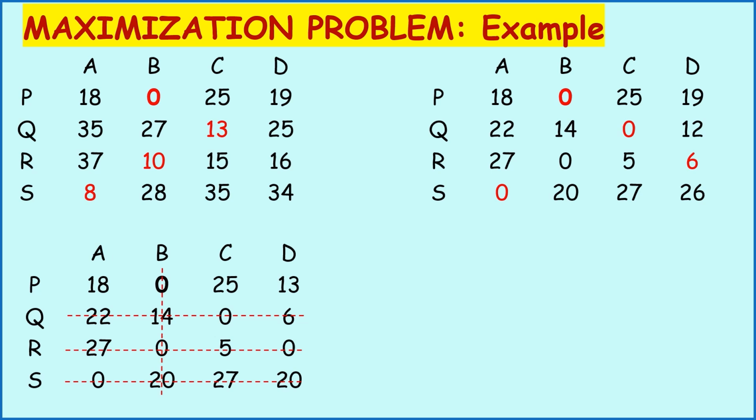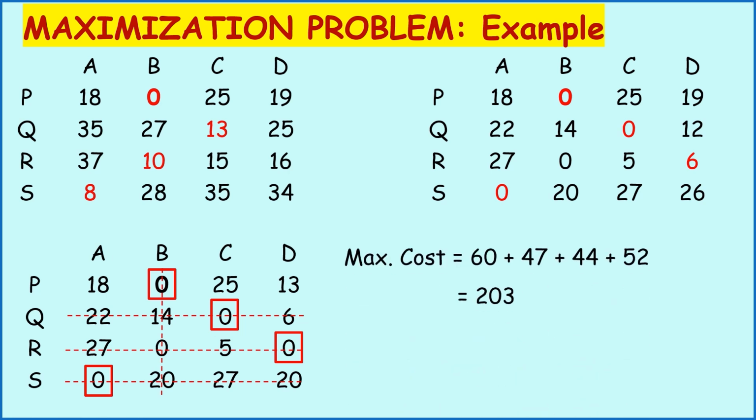So now you assign PQRS to ABCD. In the first row, the 0 is here, only one 0 is there, so you assign that 0. In the second row there is only one 0, assign that 0. In the third row a 0 is here, but this 0 is cancelled because of the allocation of the first 0 here, so only one 0 is left and that will be assigned to D, and finally this 0 will be assigned to A. Now we need to maximize the profit, so the maximum profit is equal to,